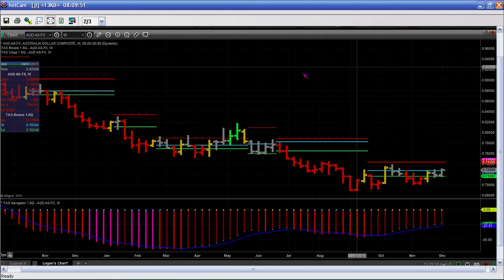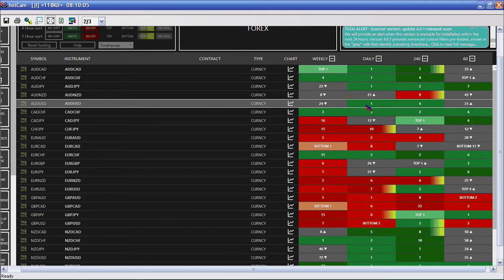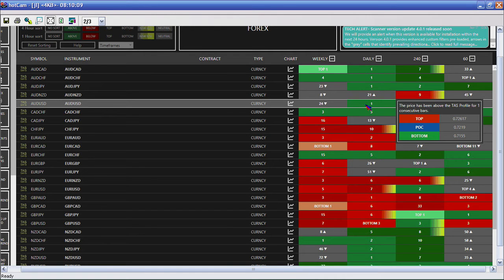But here's the daily. Got another little breakout going on our daily profiles. And if you go into our scanner, you go into the Forex section, you'll see that one there. RJP, we'll get into that in just a second. It's a good question about the currency futures relative to the Forex. We'll answer that in just a second. I want to point out a couple of things in the scanner, though.